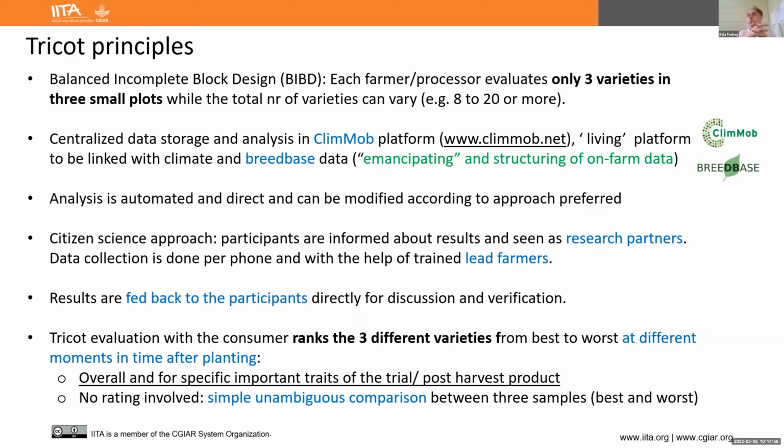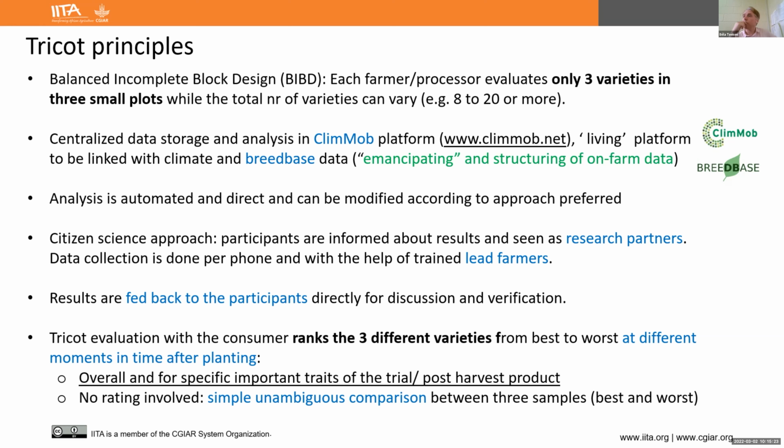So what are the tricot principles? Well, the tricot principles are, it's an incomplete block design. So each processor, a farmer processor, evaluates only 3 varieties in 3 small plots. The number of varieties that you can evaluate can differ. If you do more varieties in total, then you need more participants. But each farmer only has 3 varieties.